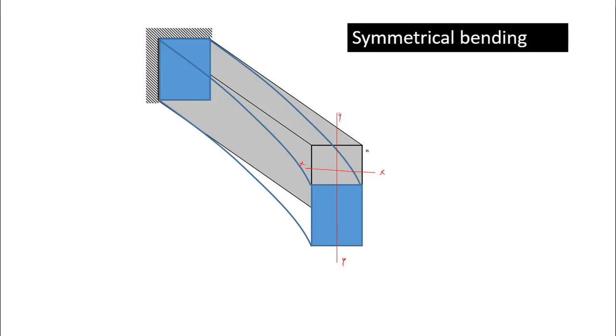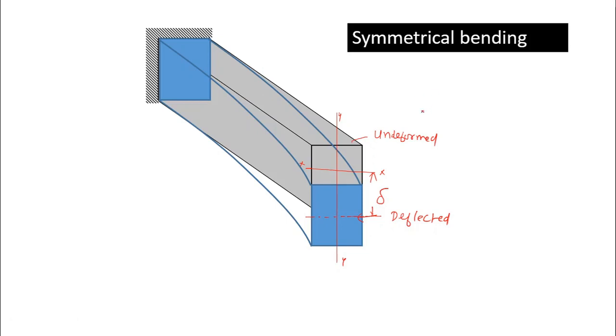Now if you see the y-axis of the undeformed structure, and this is the deformed or deflected structure. Now here your x-axis is here. Now this is the deflection delta, but the y-axis did not change, it remains the same. That means the beam experiences deflection only in the vertical direction. Such a bending is called symmetrical bending.